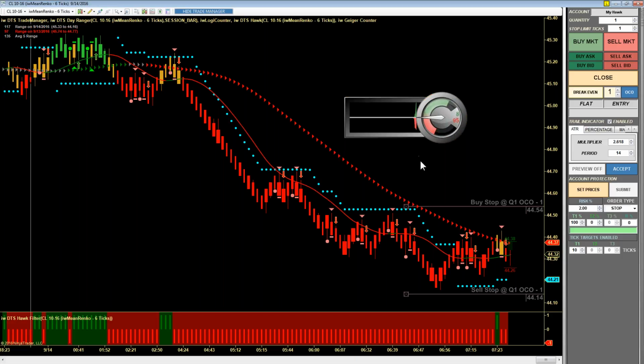Essentially a tape reader, gives you a visual of the time and sales. So we'll see the tape print here in a moment. And then what's interesting about the Geiger counter is this wheel around the outside. When we see the wheel pull one way or the other,